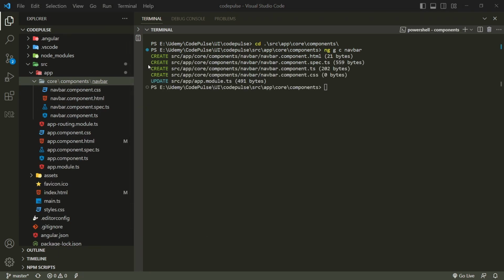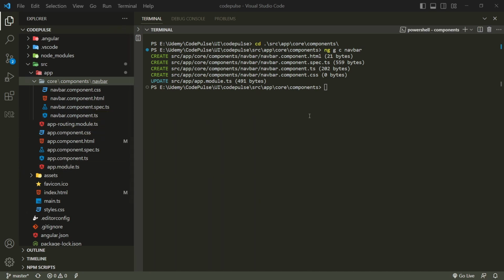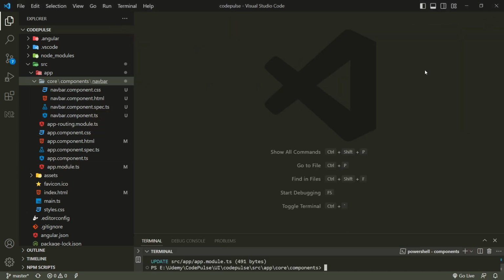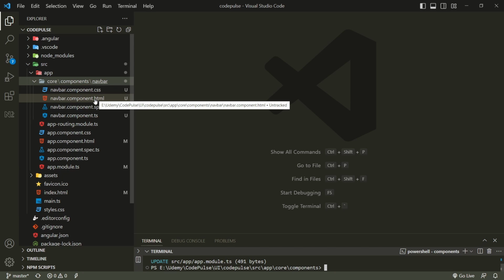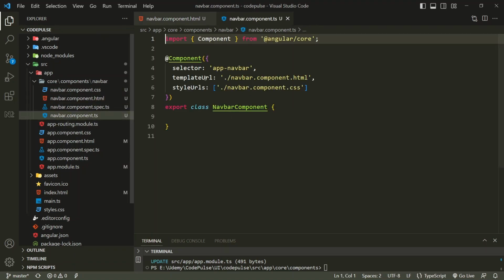So it creates 4 files inside the navbar folder. Inside the components folder, we have the CSS file, the HTML, the spec file, and the navbar component.ts file. Now I want to insert some HTML inside the navbar.component.html file. If you look at the TypeScript file, we have the selector as app-navbar, and